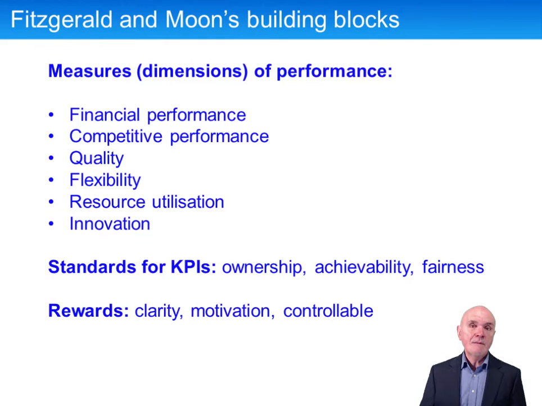And then if the achievement of the KPIs is linked to bonuses and rewards, these rewards have to show clarity. We must see the relationship: if I do this, this is the reward I'm going to get. If it's obscure, if it just seems to be an arbitrary gift from your manager, then you begin to lose the relationship between your activity, what you achieve, and what you're going to get. So it has to be understandable.